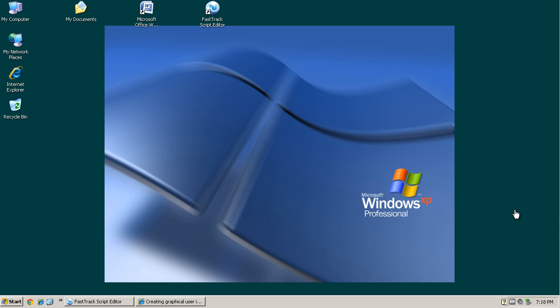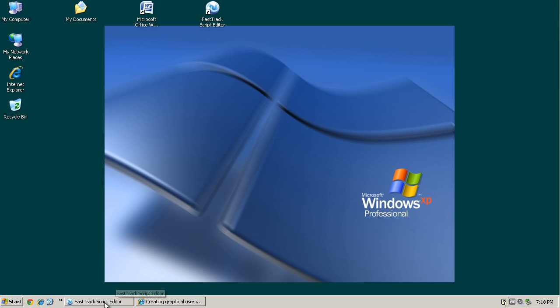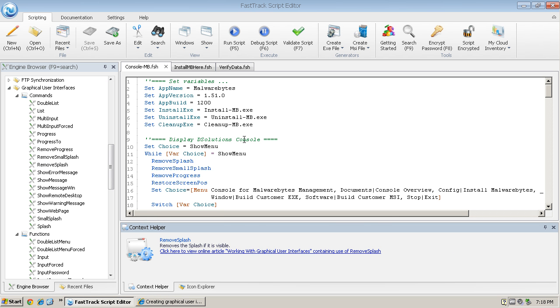In this video I'm going to look at some of the graphical user interface capabilities of FastTrack Scripting Host, and these are documented on the GUI page under Graphical User Interfaces, and I'll use 3 scripts to demonstrate these, and these scripts are in fact the ones used for the installation, deinstallation and general management of Malwarebytes,